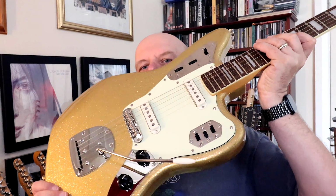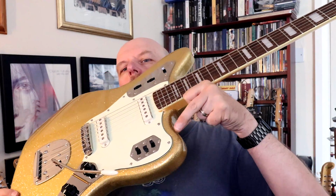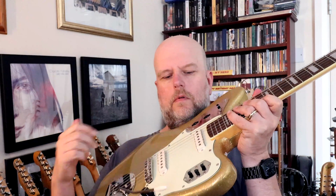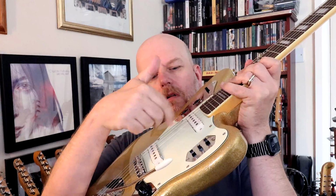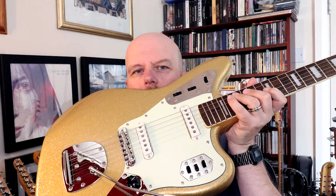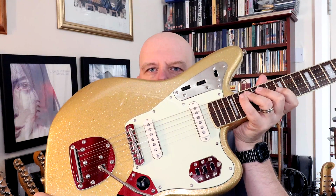The great thing about Jaguars is the selection switch over here, because those switches there turn the pickups on and off, so you can have them on together, or you can have the neck on or the bridge on their own. Good combination, but you also get a